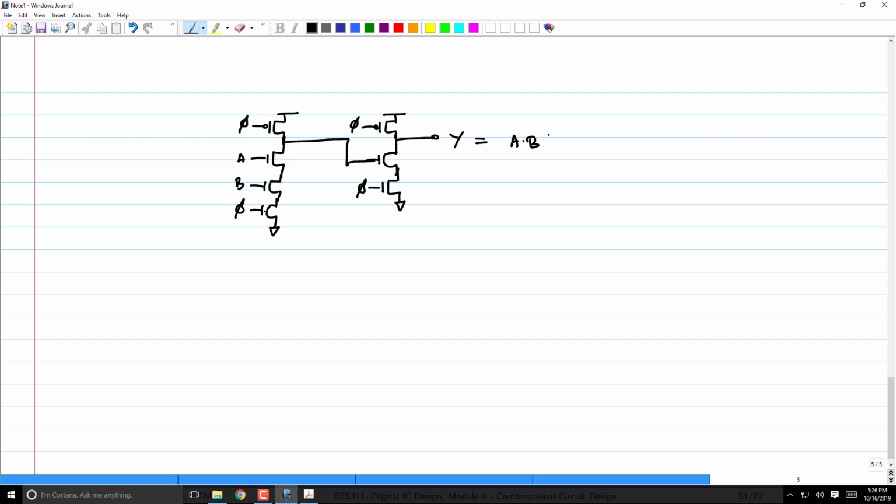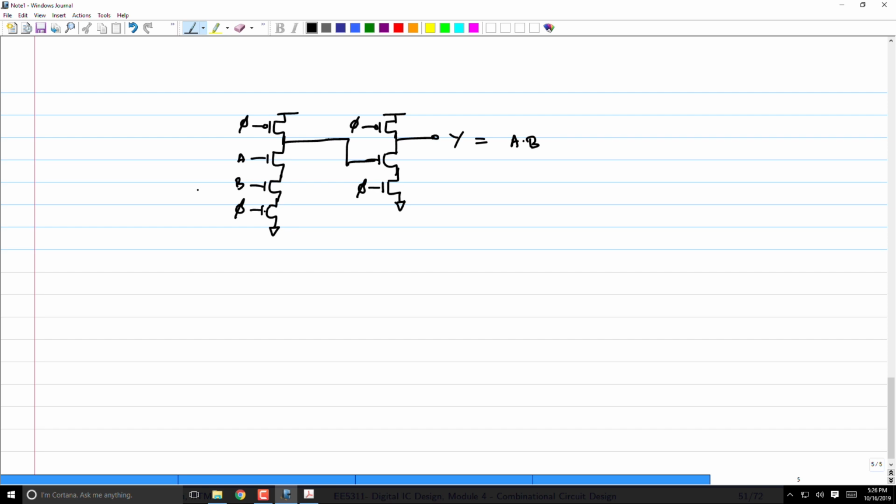So what are the constraints on the inputs A and B? It can only rise, right? It cannot fall. That's a monotonicity condition. The signal can be monotone non-decreasing. It means it can remain flat or it can rise. It cannot fall, right? That's the constraint. So since it's a dynamic NAND, I would have ensured that A and B do not fall during the evaluate phase. What happens to the inverter?